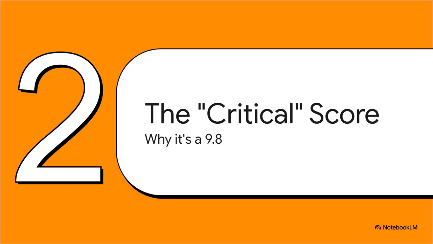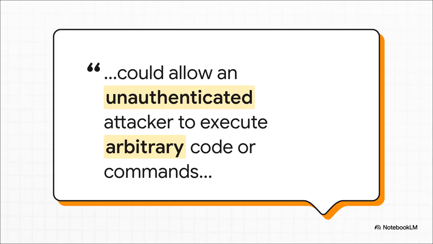So let's connect the dots here. Why is this a 9.8? Well, it all comes down to that last bullet point we just saw. Execute arbitrary code. Let's talk about what that phrase really means for you and your organization. And here it is, straight from the horse's mouth, Fortinet's own advisory. When they say an attacker can execute arbitrary code or commands, that's the polite, technical way of saying they can achieve a complete and total takeover of your system. They own it. They can make it do anything they want.